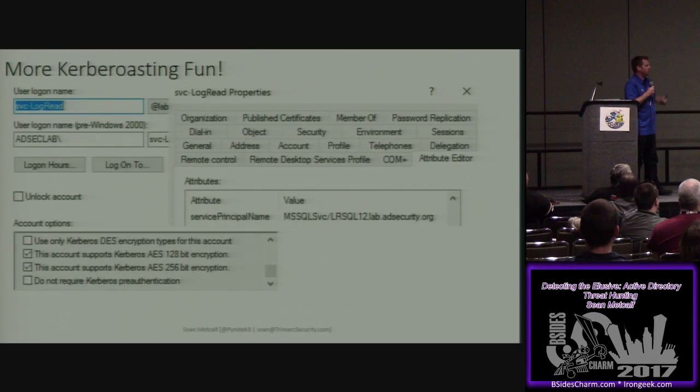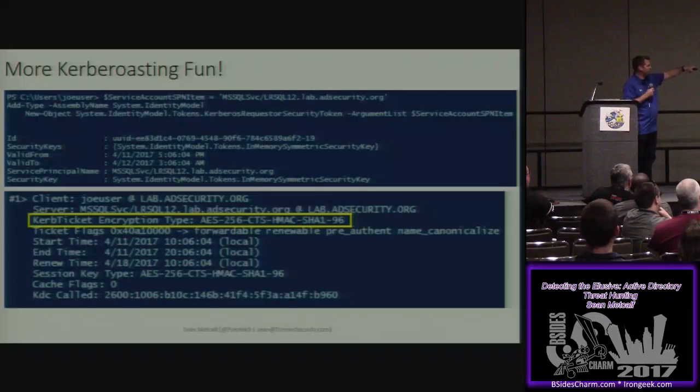In the newer versions of Windows, when you have them on your domain controllers, you get these new checkboxes. "This account supports Kerberos AES 128/256." So if you set this on a service principal or service account that has a service principal name, and your application supports AES Kerberos, which most of the Windows ones do, this changes the game. Because now when we run this standard Kerberoasting PowerShell script, they get an AES ticket,